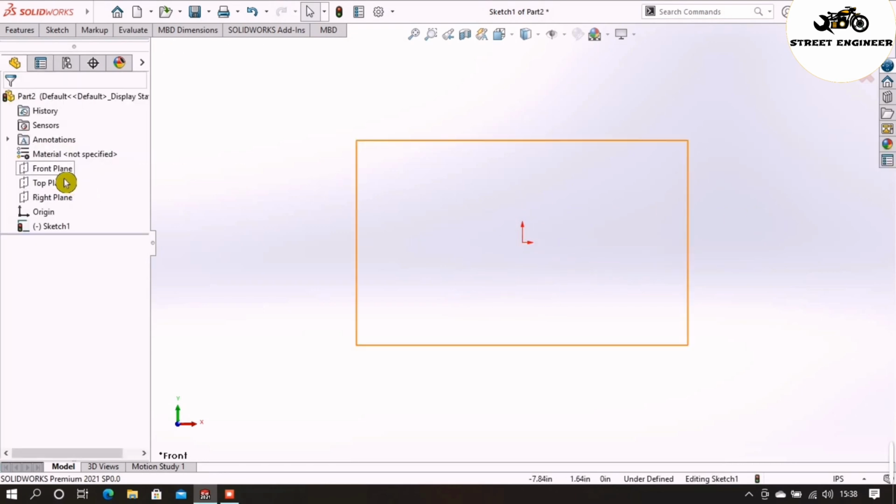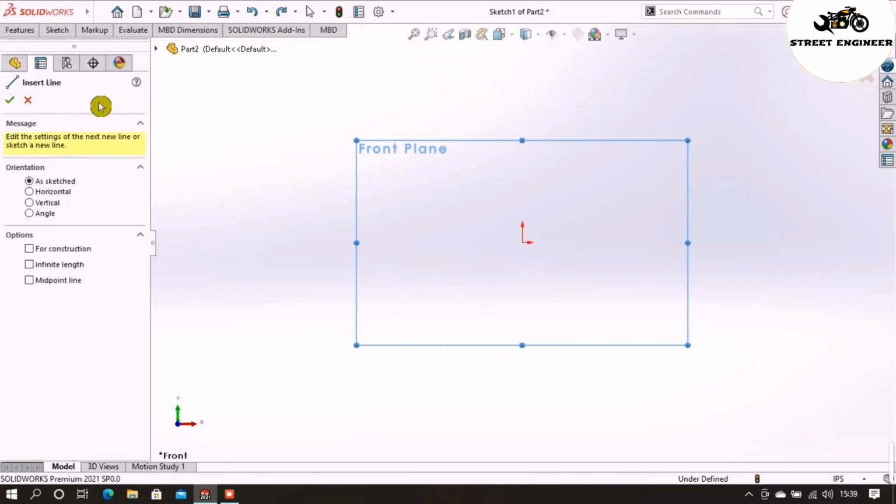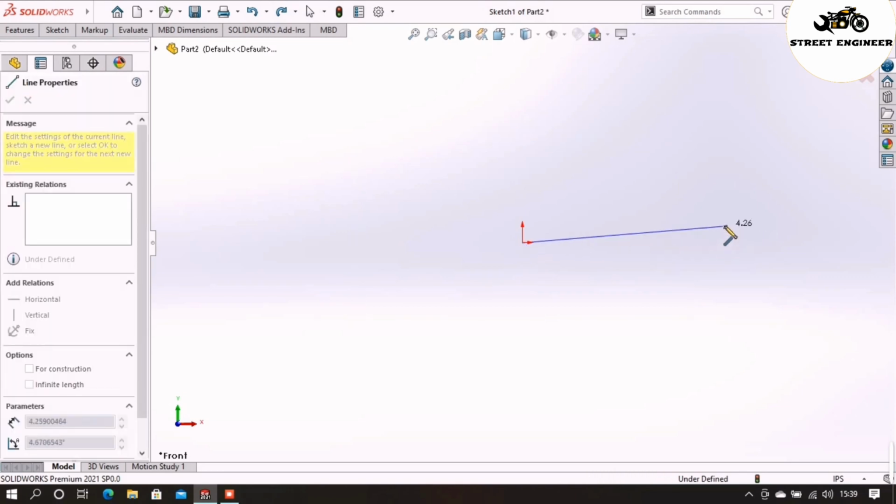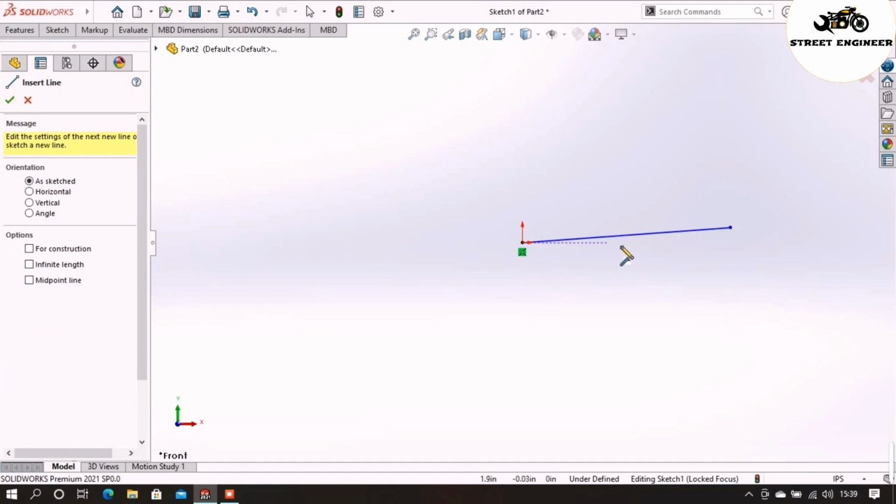Now I will show how to modify the design from the property menu. So select sketch and I am selecting line and I have drawn a cross line. See guys, this line is not straight, but we can make it straight from the property menu.